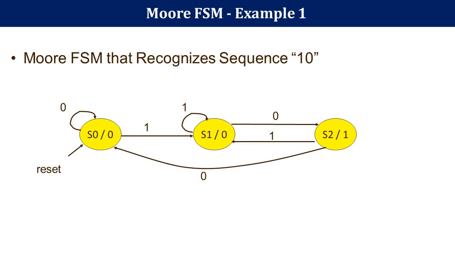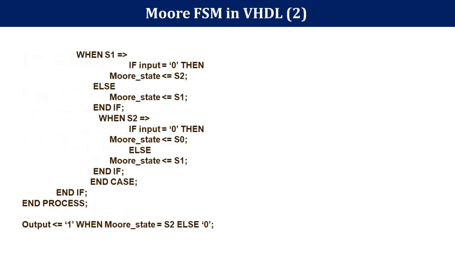Means when we are in the state S2 and 1 is detected, again it will transit from S2 to S1, and this is written inside the VHDL code. End of the if, end of the case, end of the if, and end of the process. However many times you have written the if statement, you have to end all of them.